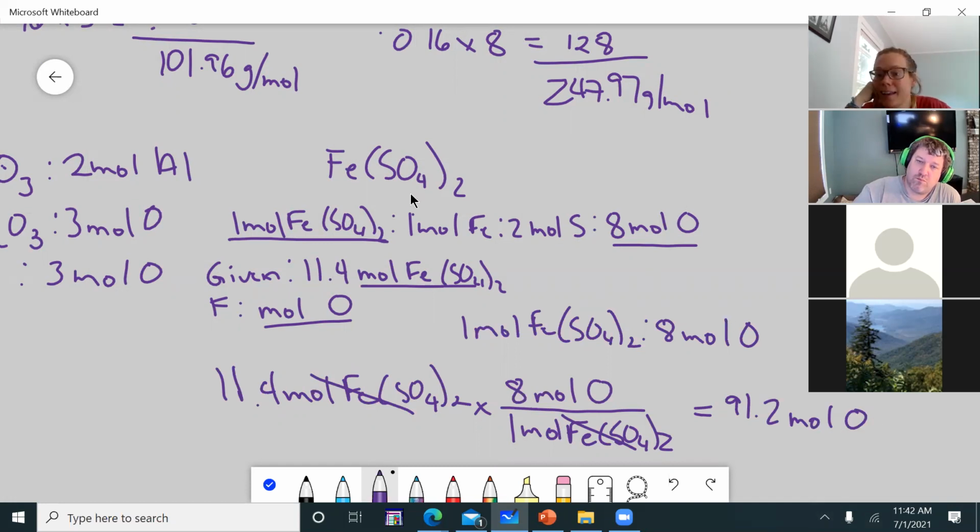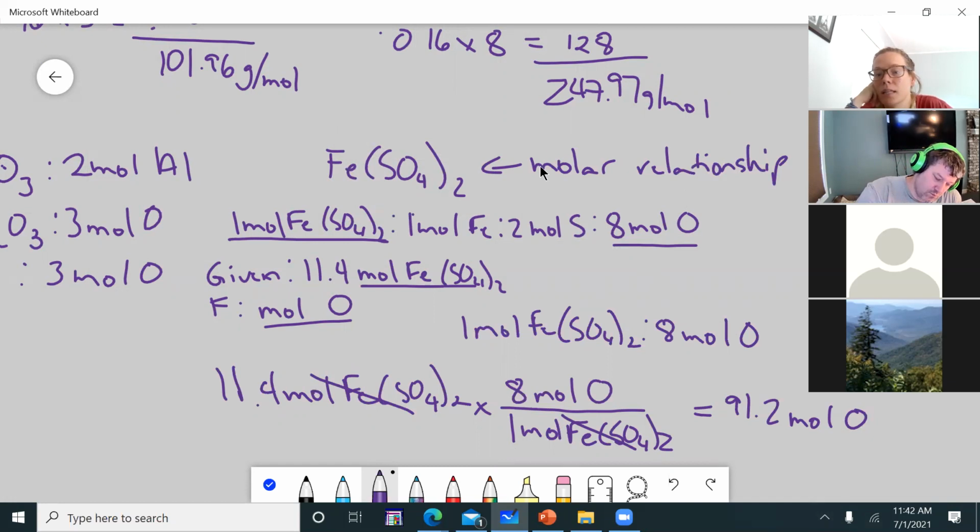This works for any compound. Every compound is a recipe. This recipe is a molar relationship. I think that's important for people to know. It's a relationship between the moles of each thing. It's not a mass relationship, write it in red. Not a mass relationship,